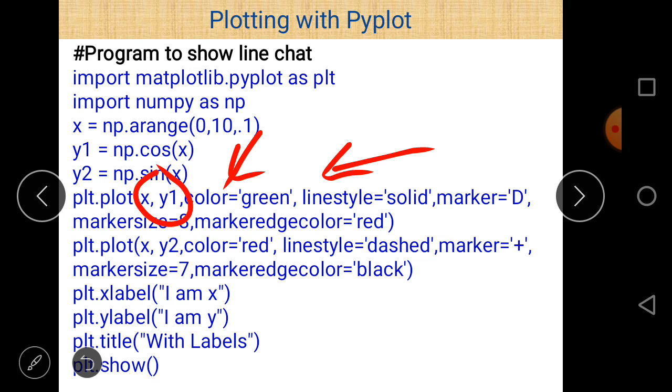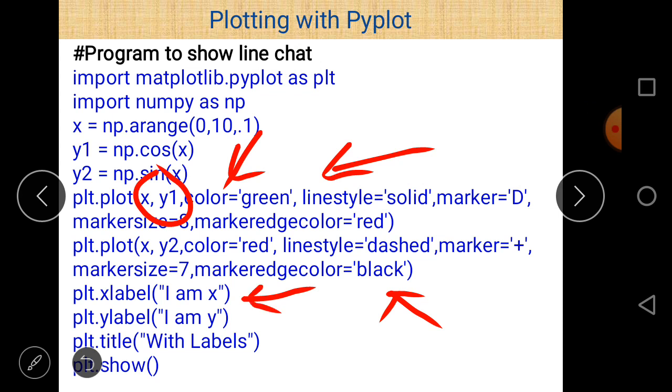Here no shortcut is used, color is given directly. Then line style is solid, marker is D which refers to diamond, marker size is 5, and marker edge color is red. In the second case, plt.plot x, y2, color is red, line style is dashed, marker is plus, marker size is 7, and marker edge color is black.